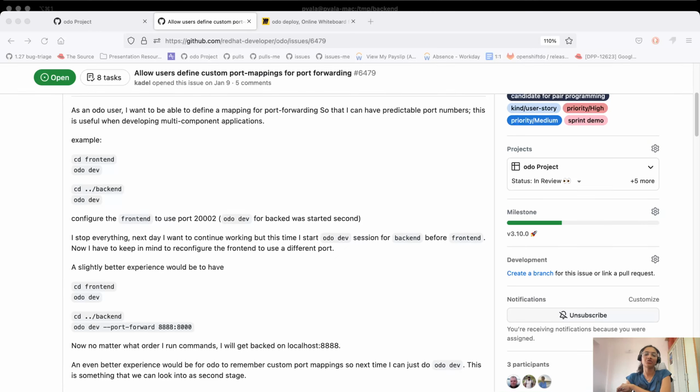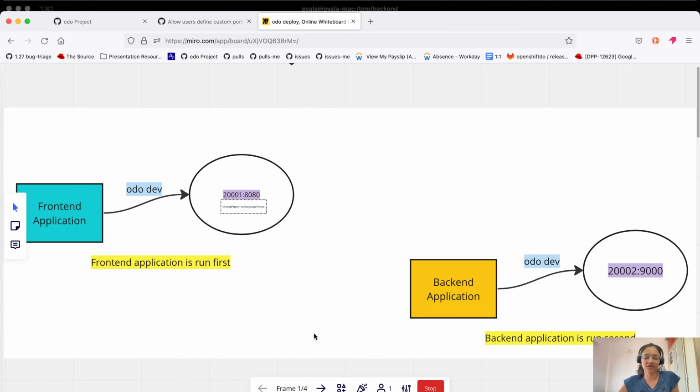Hi, in this demo, we'll see how users can now provide custom mapping for port forwarding while using AudioDev. Now, why would a feature like this be helpful? Let's take an example of a developer who's working on a multi-component application where they've got a front-end application and a